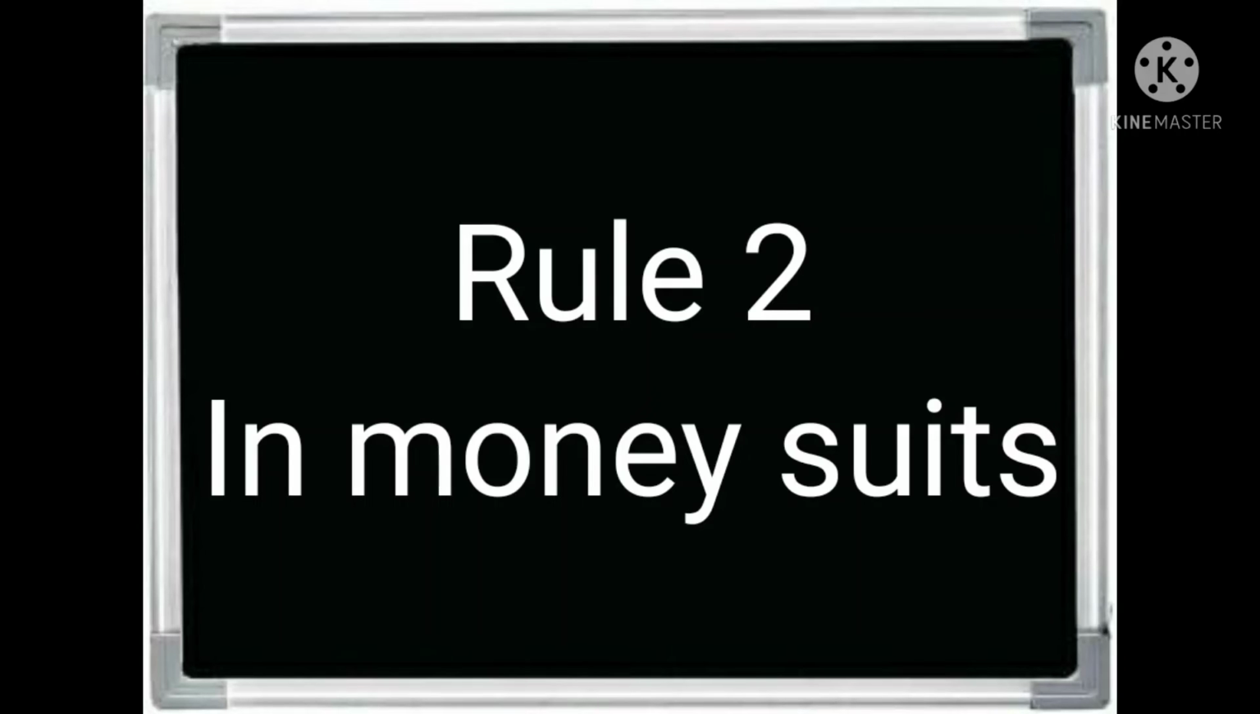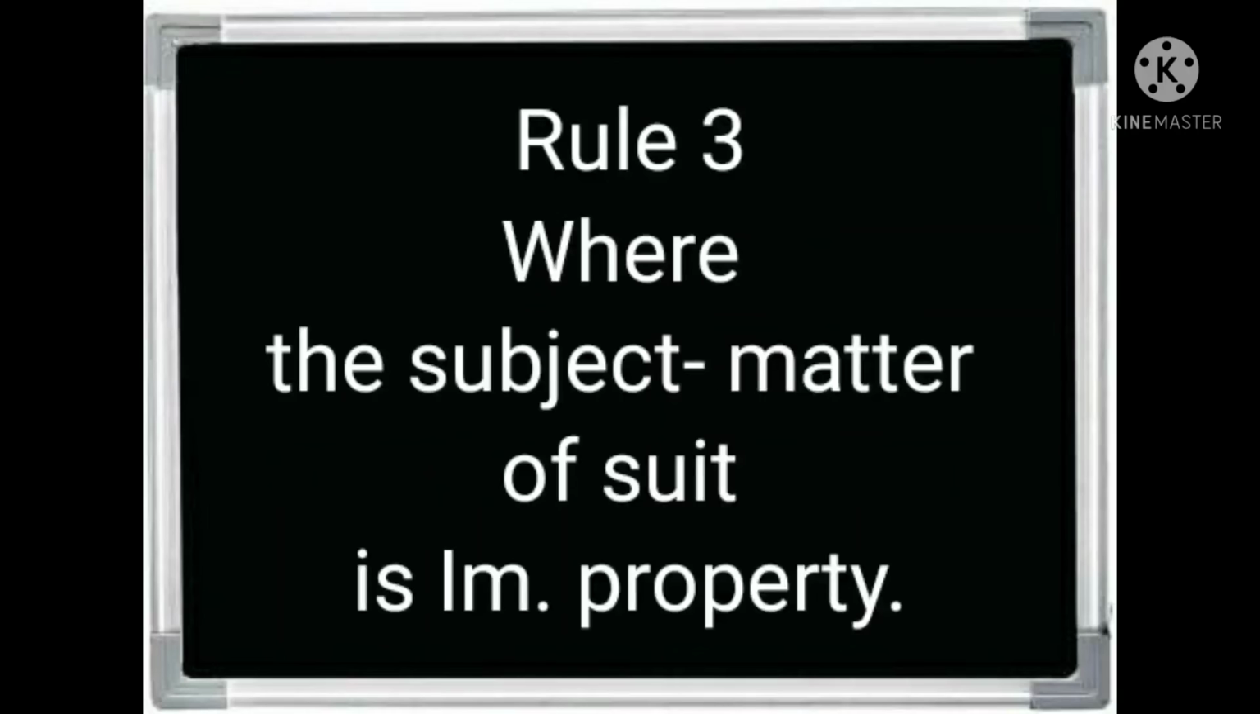In a money suit, if the plaintiff seeks recovery of money, he will mention the precise amount. And if the suit is for mesne profits or unsettled accounts, or for movables in the possession of the defendant, or for a debt whose value he cannot estimate, he shall state approximately the amount or value sued for. This is all about the money suit. Next, an important rule of Order 7 is Rule 3, where the subject matter of the suit